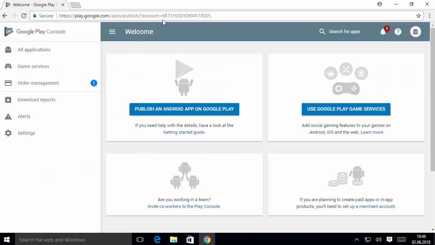And after you have clicked on complete registration button, you will be able to see this kind of window where you can publish your Android apps on Google Play. You can use Google Play game services, and you will be able to use all the other features which Google Play Console supports. So this is how you can create your Google Play